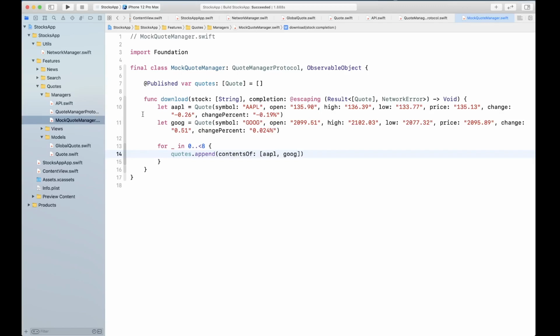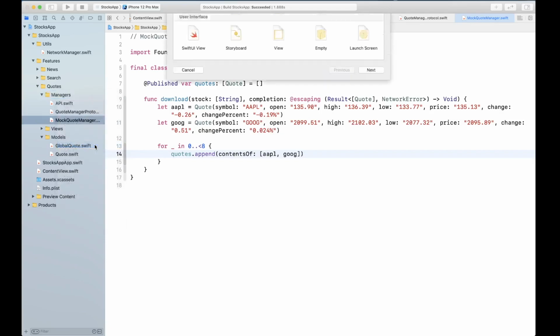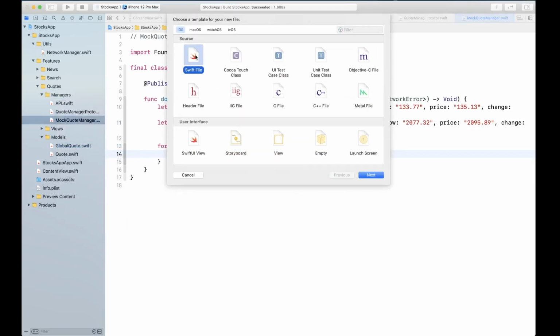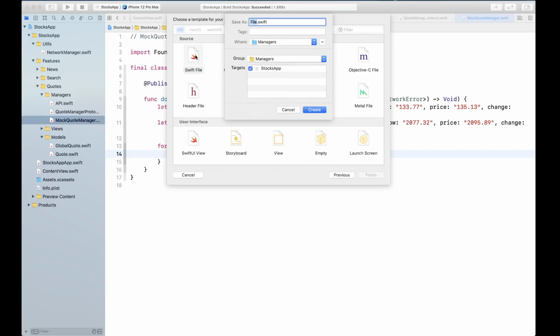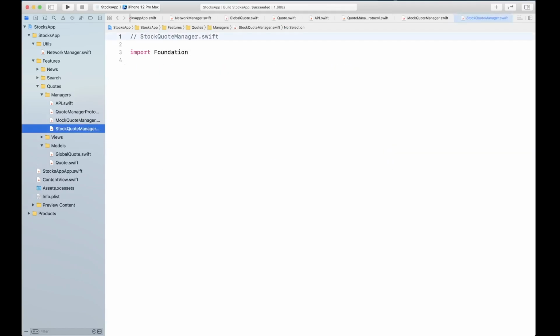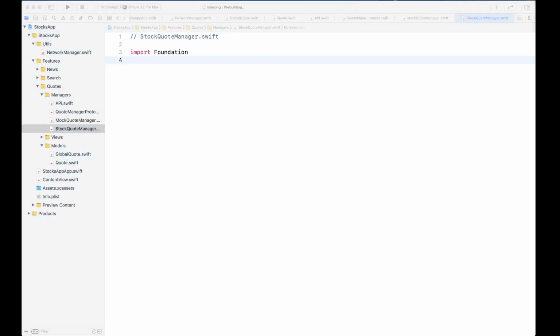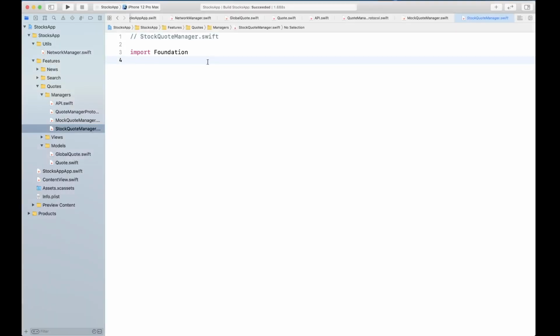Okay, and let's go ahead and create a concrete implementation for quote as well. So we're going to create a StockQuoteManager. StockQuoteManager is basically going to be the one that implements concretely, so it's going to call the network manager API.